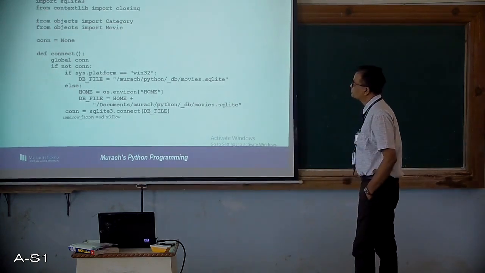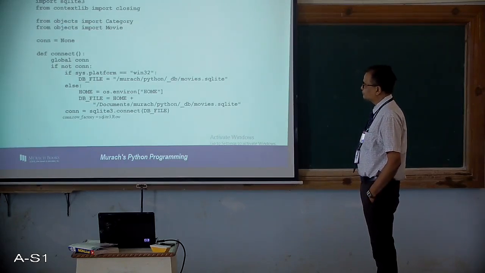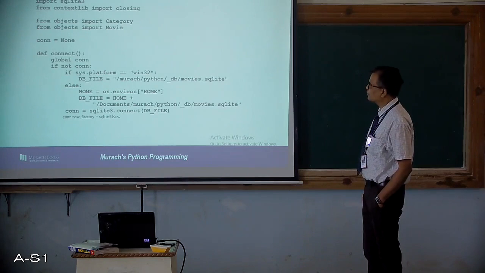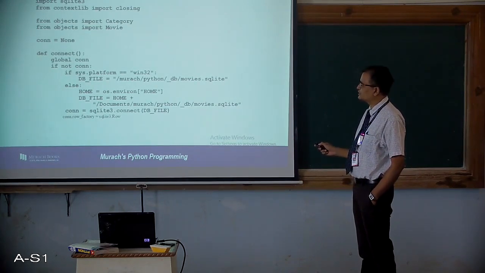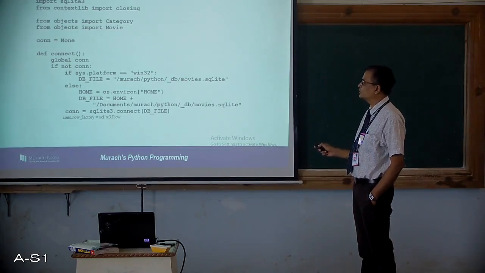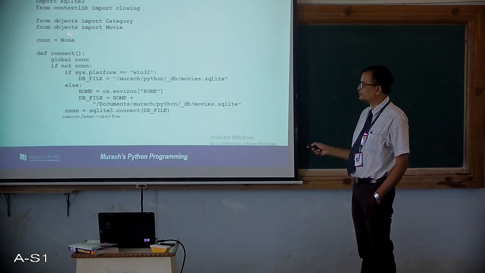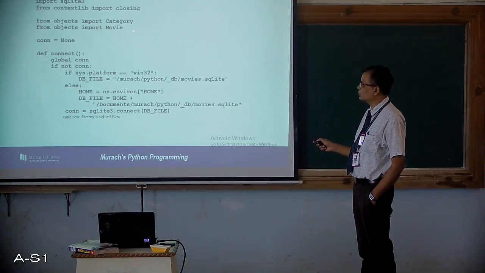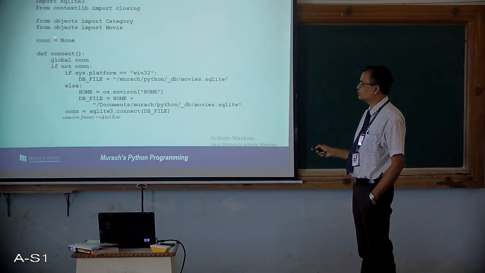So this is the DB module for database tier. Using the class object concept, now we will be doing this. This all I have already explained. Import sys and import os is for OS related things that you need to do. Then SQLite, then closing, then category and movie, the ones which we have written just now. I have shown one slide in which we have written two classes, category and movie, you might have noticed. Then connection, right now it is none because we have not created any.